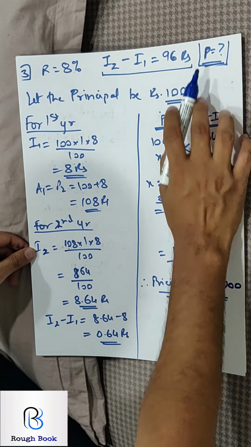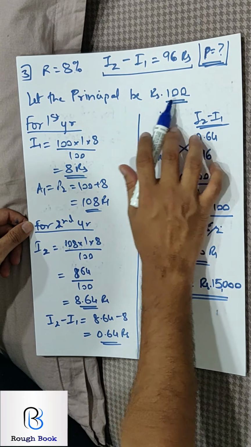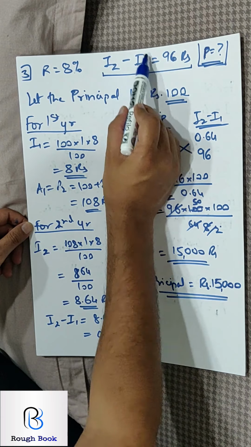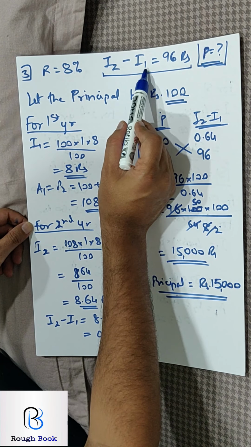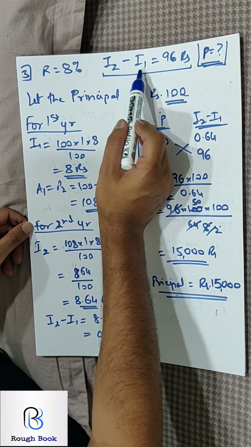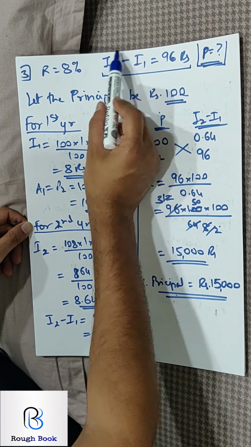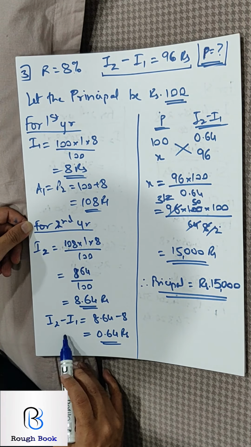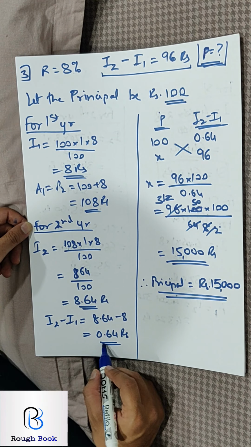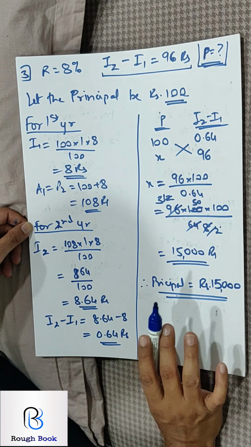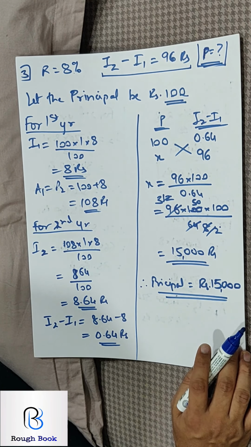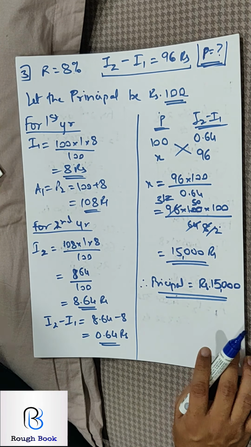First thumb rule, whenever principal has been asked, we consider the principal as 100. The moment you consider it as 100, there will be some condition given, I3 minus I2 or I3 minus I1 or A2 minus A1, whatever the condition is given, reach to those parts, get your answer based on 100 for those parts, and then you use the unitary method, compare them and you will get your answer automatically. We'll try and do few more sums of similar type whenever they come.